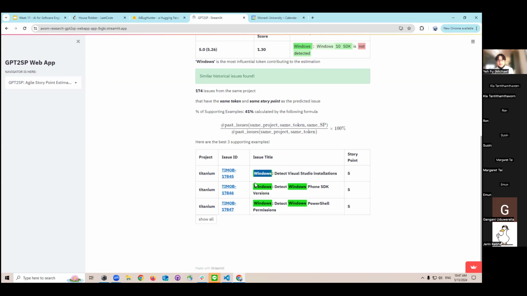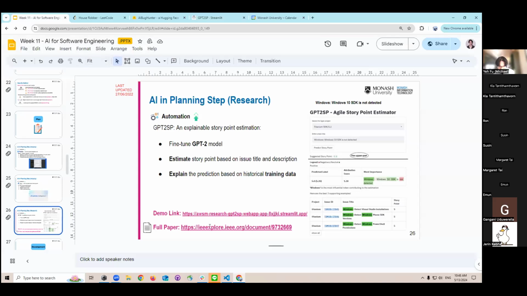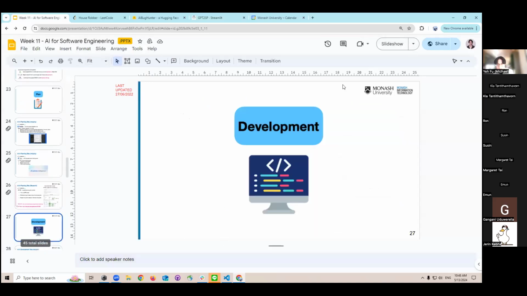By providing this kind of explanation, we want the model to be more transparent and bridge the trust between developer users and the AI model. So that's how explanation works. If you are interested in this paper, you can check out the link over here.